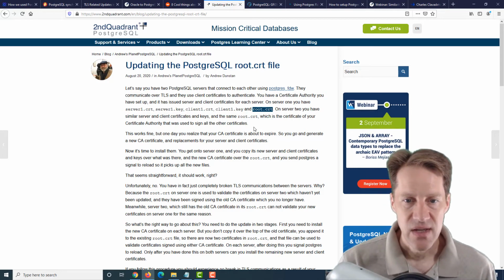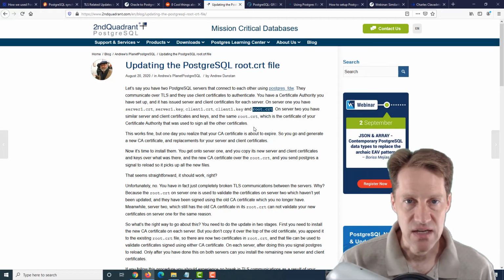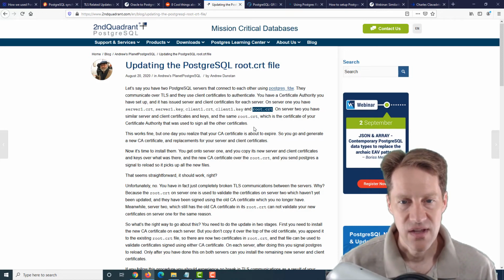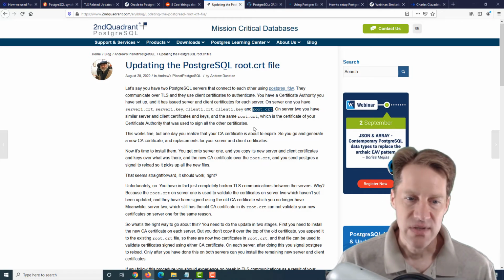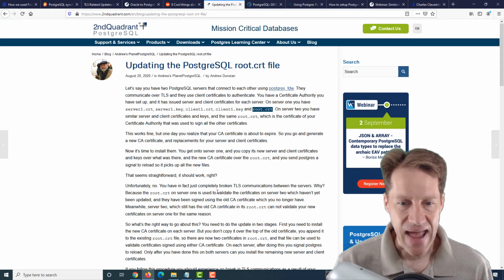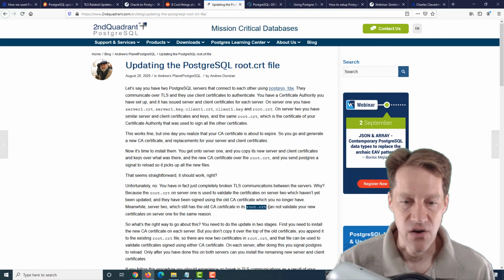What you don't want to do is recreate the root certificate and then overwrite that along with generating all the different keys for a single server and then update it. You'll run into problems because on the other server, it's still using the old root certificate key. So he says that the correct way to do it is to generate a new CA certificate and add it to the same root.crt file. So basically it trusts both CA certificates, both the old one and the new one. Then you generate your new certificates with the new signed CA certificate, and that allows you to update all of your certificates. So if you want to know a bit more about the process, definitely check out this post from